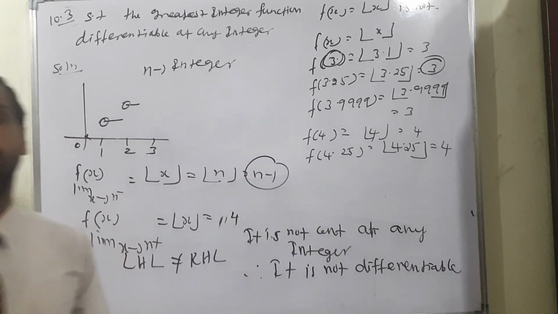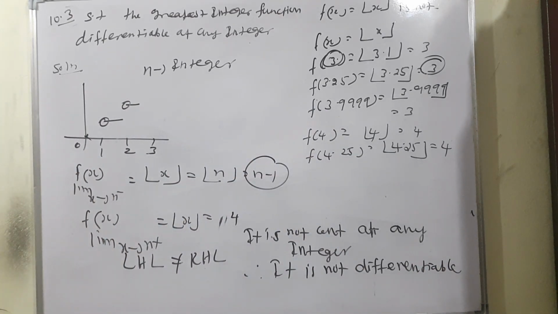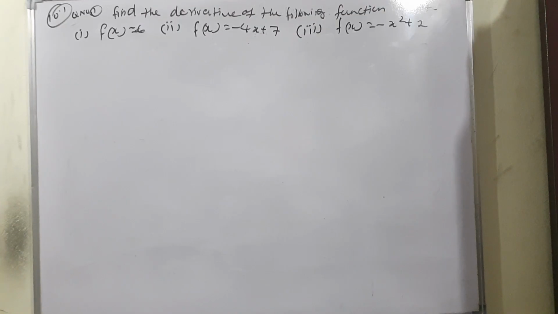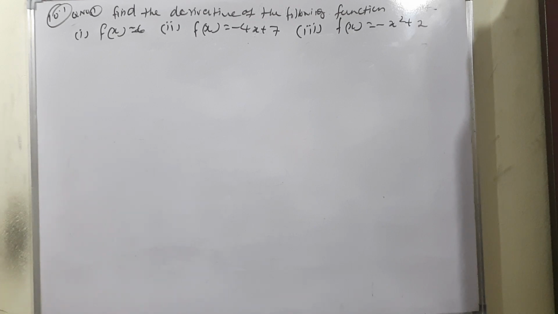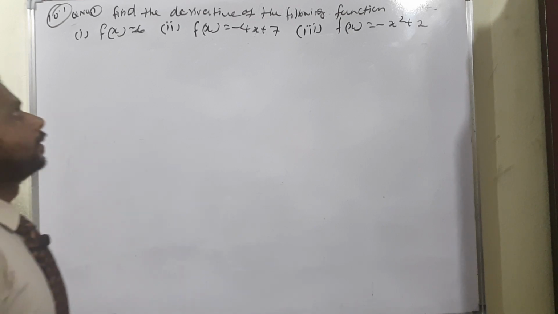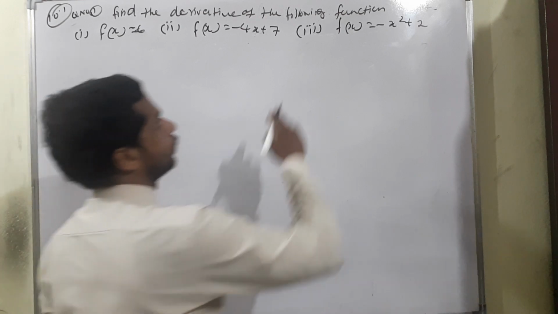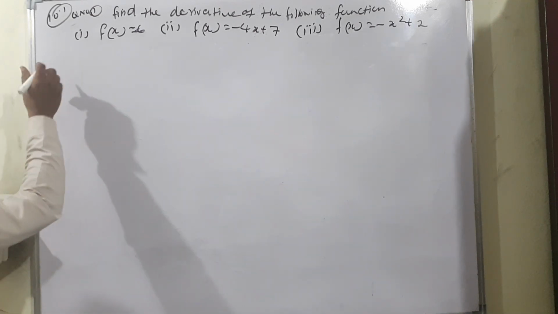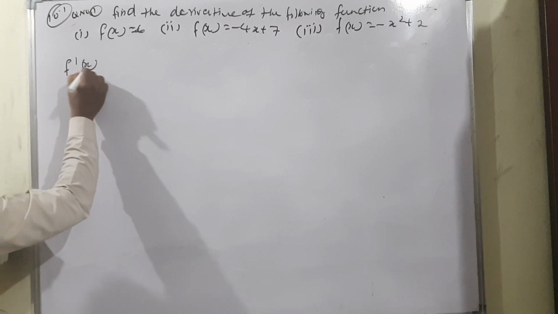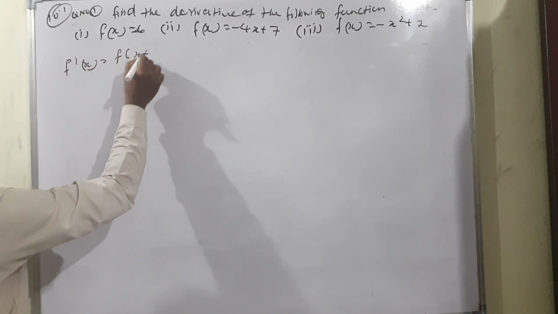Okay, I will continue the exercise problem. Moving to exercise 10.1, question number 1. There are 3 subdivisions. Question: find the derivative of the following functions from first principles. First principle means the formula f dash of x is equal to,